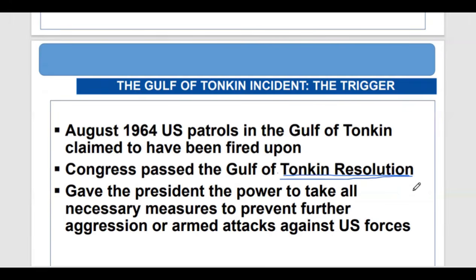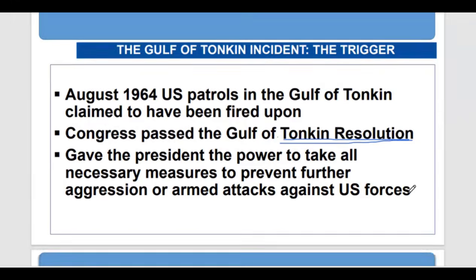And they gave the president special powers to declare that any form of attack on Americans would mean that the Americans would also attack in response, to protect their interests. And then they were now triggering aggression against each other. It is historically believed that the attack was non-existent. It was just a way of finding a resolution to start a physical conflict. That was the Gulf of Tonkin resolution.